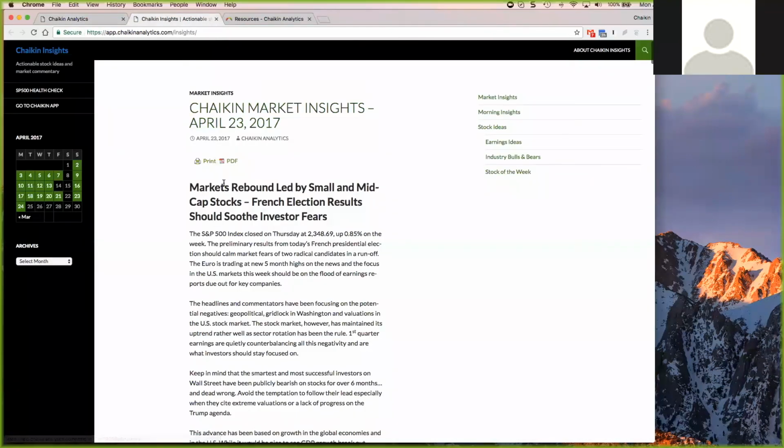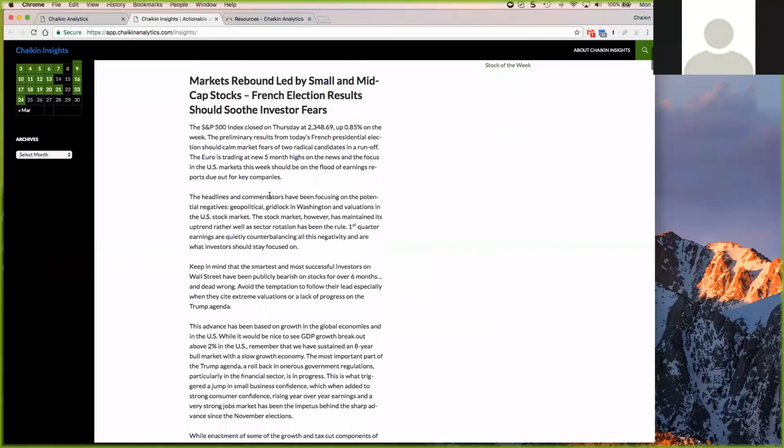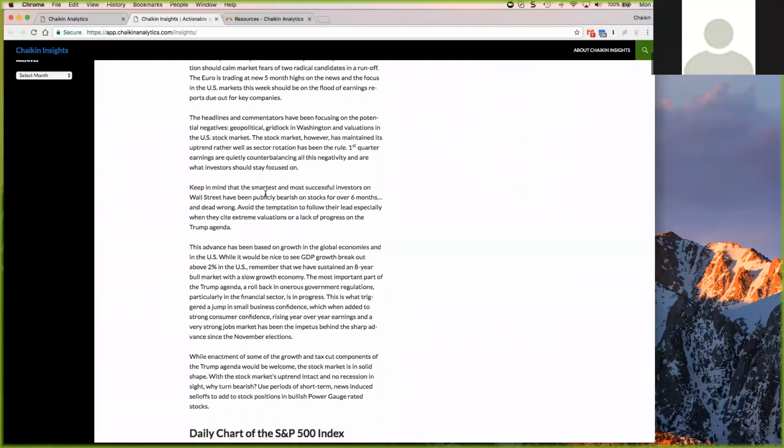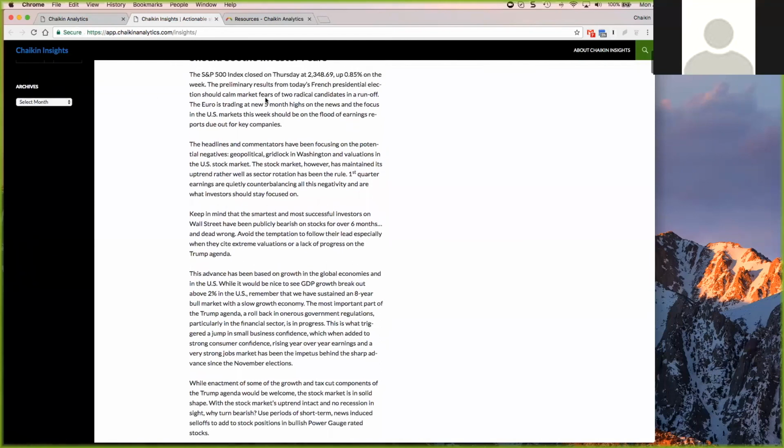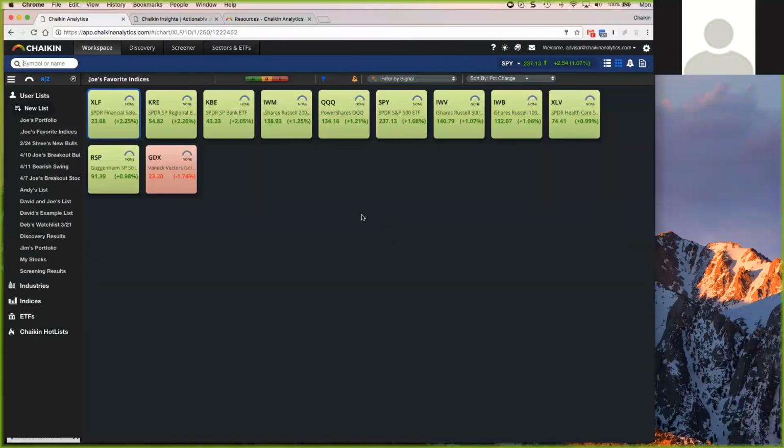First thing I do each morning, every Monday morning, is read through Mark's most recent article. And going through here, I pretty much got the vibe, and it was pretty clear reading through the details that you can expect a pretty positive response following the results of the French election. I didn't highlight specifically where that is, but I'm sure most of you have read this. So in any case, you expect a positive day. And what I'm looking for on a day like today is who's leading, who's going through on a given day. What's kind of taking the baton.